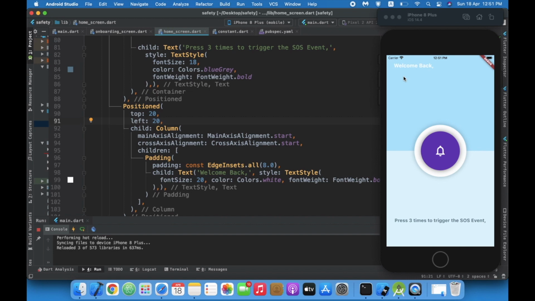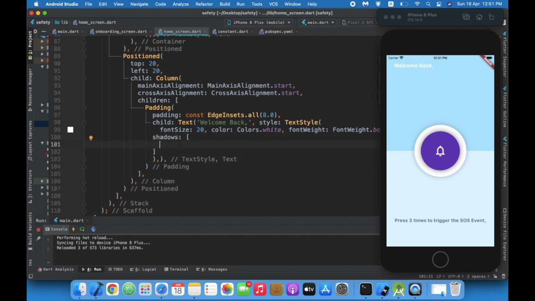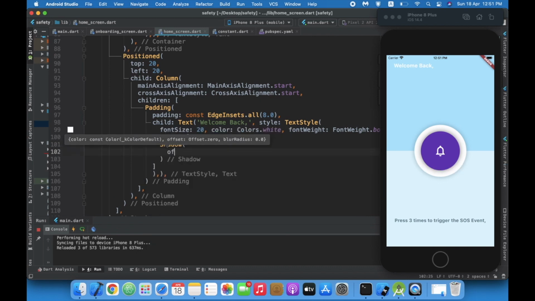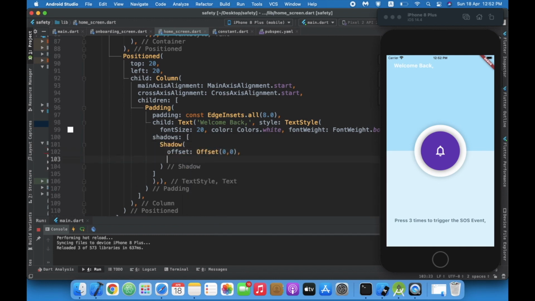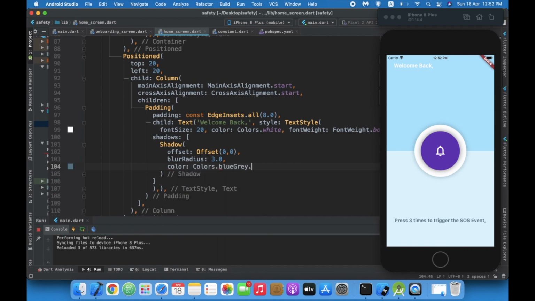And below welcome back, we want to give a bit of shadow to the text so that we will increase the readability. So over here, shadow, again shadow, 0 offset, blur radius will be 3.0 and color will be with opacity 0.5.